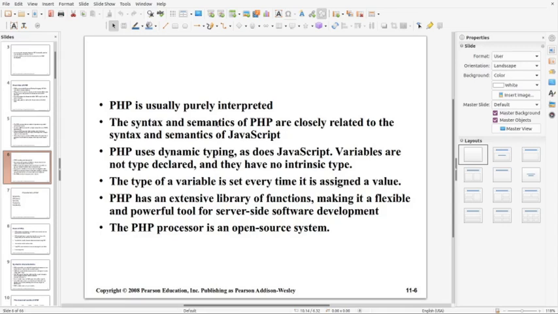So similar to JavaScript, PHP is also a dynamically typed language, and PHP has an extensive library of functions, making it a flexible and powerful tool for server-side software development, and it is an open source product.